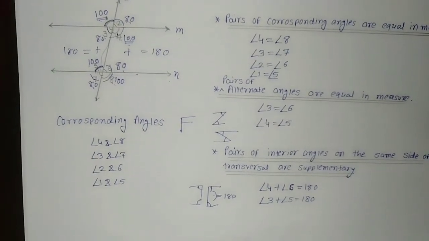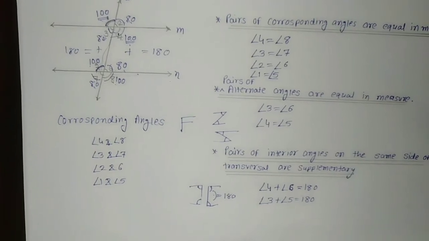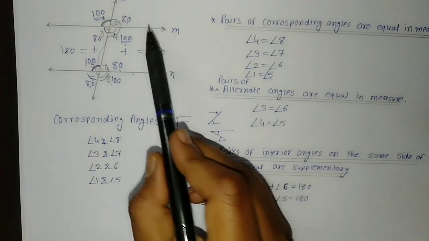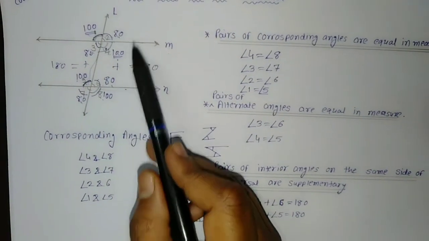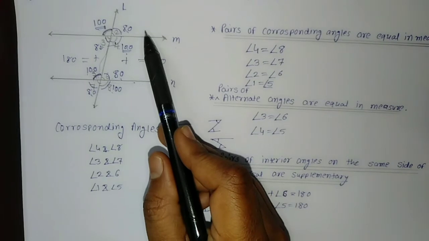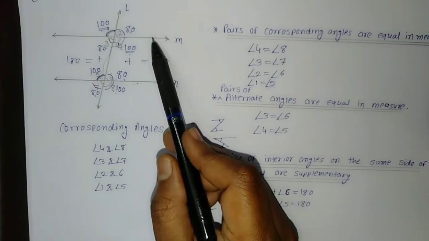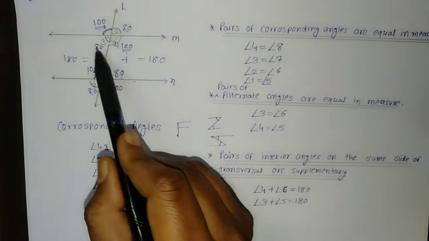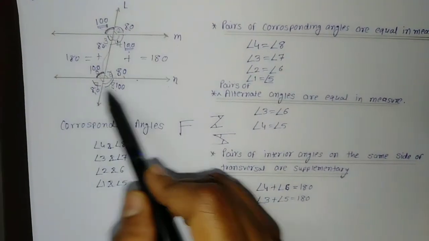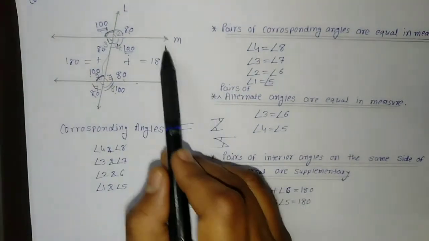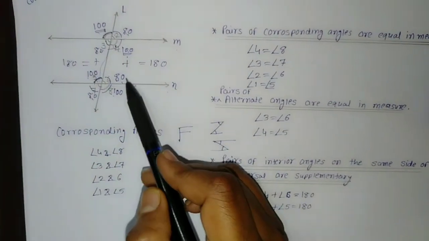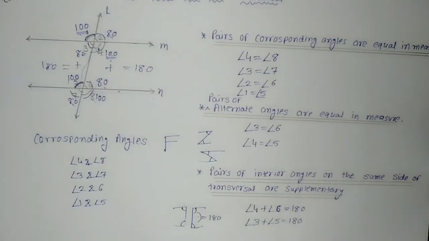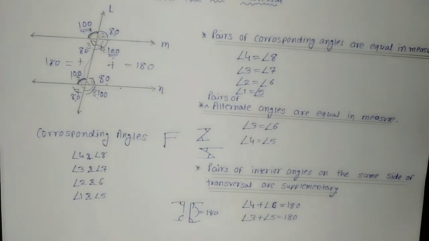Or even the reverse of that, we can say the converse statement to the given. If two angles form a pair of corresponding angles that are equal, then we can say two lines are parallel. In a similar way, if alternate angles formed are equal in measure, then we can say two lines are parallel. As well as, if two interior angles on the same side of the transversal are supplementary, the two lines are parallel to each other. Its converse is also true.